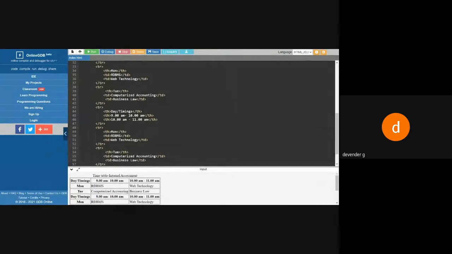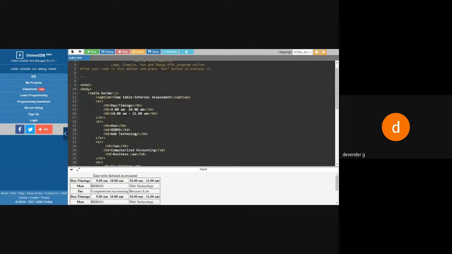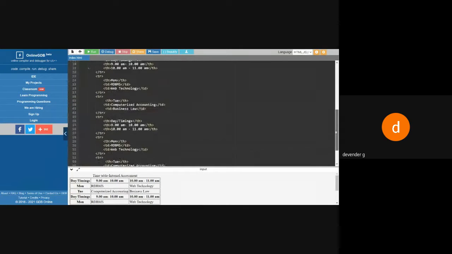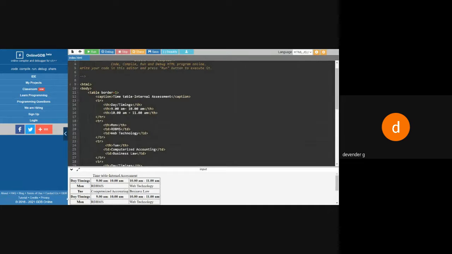So this is how you are going to write. Seeing this program, you may think that this is a very lengthy program. But if you understand the concept, that I need one heading, I need 3 columns or 3 rows, something like that, on that you are going to write the code.